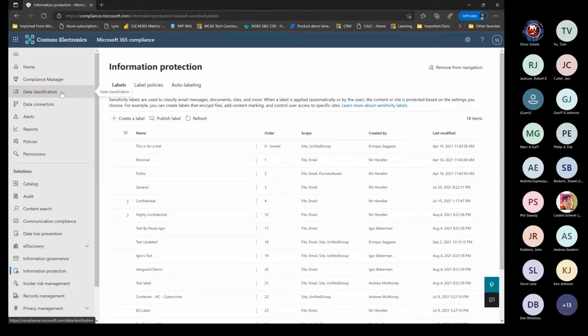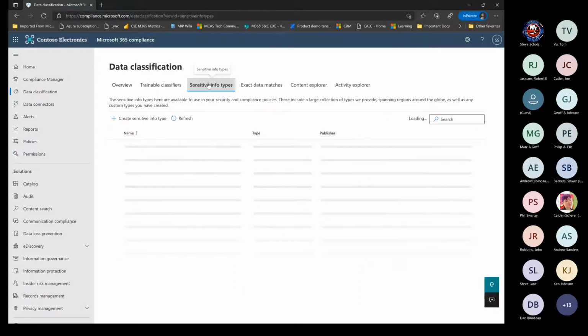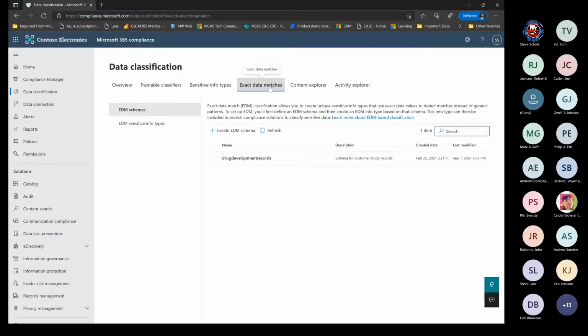Now, when you go to data classification, you have a couple additional things here. This is mainly on the information type side. So you can go through and create your trainable classifiers. You have your built-in sensitive information types as well, including also your custom information types too. You also have exact data matches. So you configure the first half of your exact data match in the compliance portal and finish the rest off